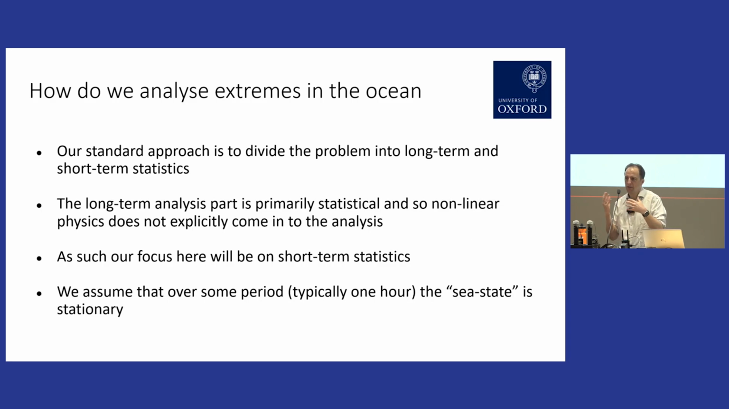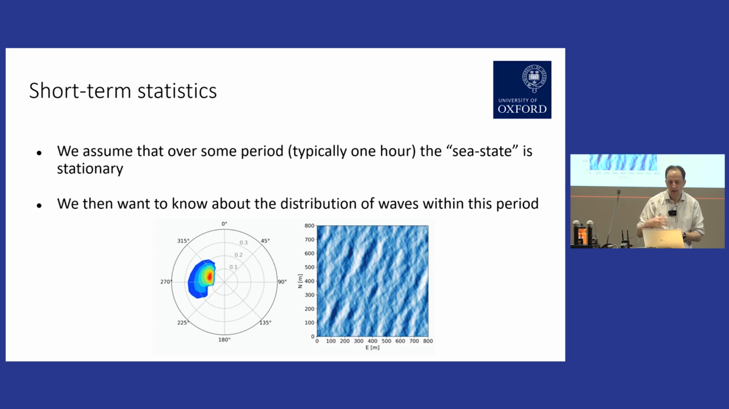And so this talk's really going to be about those short-term statistics. So within a given storm or within a given hour, when we have some sea state, which will come on to the next slide, what's going on in terms of the waves. Typically we make an assumption that a sea state, what's going on in terms of the underlying statistical properties of the waves, is stationary, and we need to average that, ideally over a shorter period of time, but often over an hour,